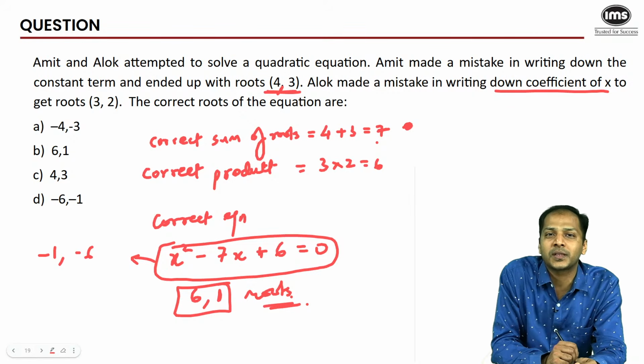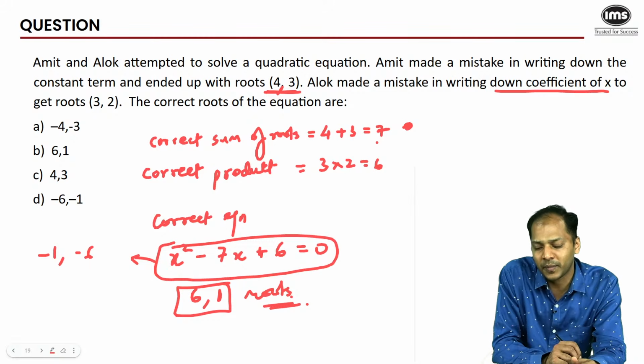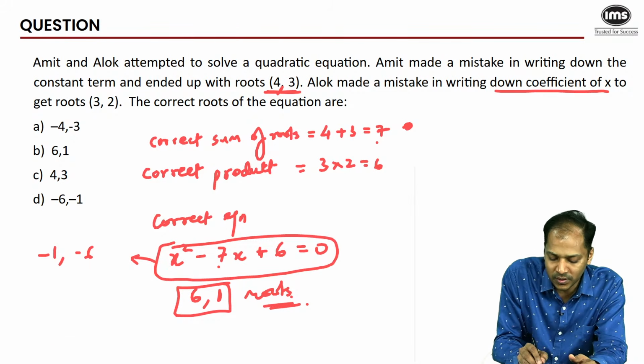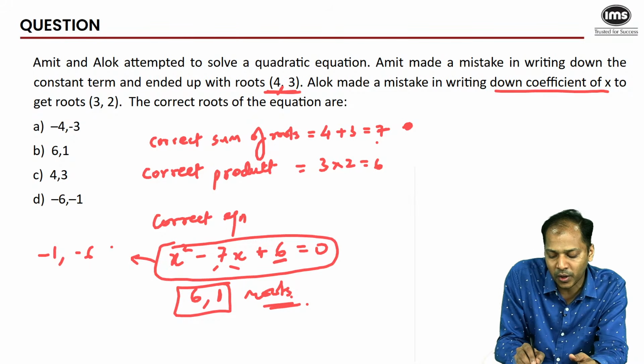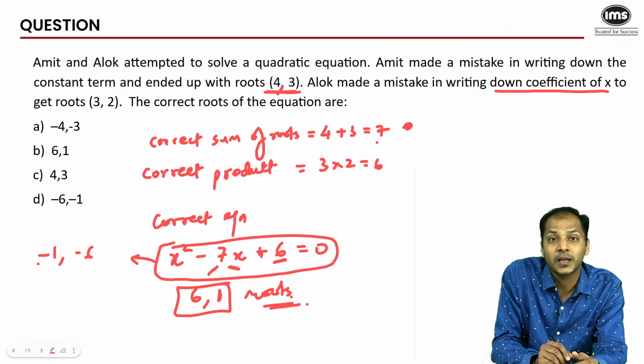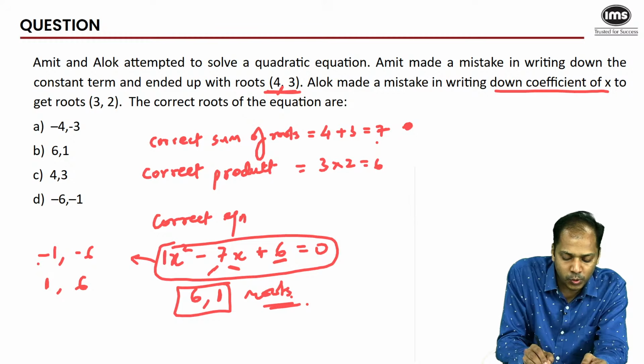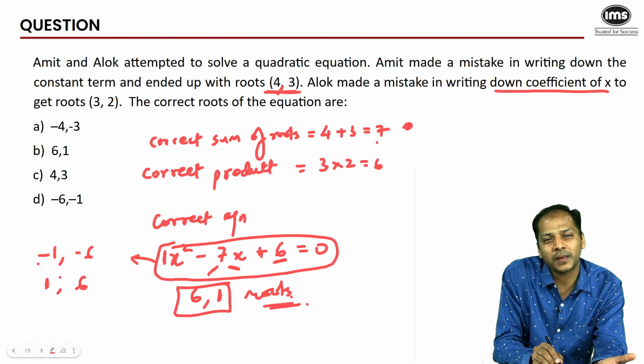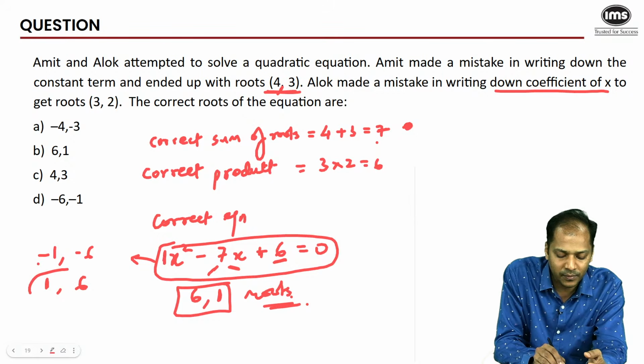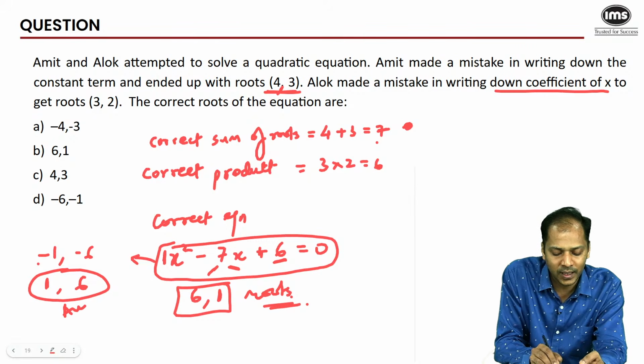I hope you have been using the split change divide method. So if you've got this equation, split the middle term such that its product is 6 and the addition is -7, that will be -1 and -6. Then you should directly change the sign of both the numbers. So that will be 1 and 6, and divided by the first coefficient 1. If you divide both of them by 1, the answer would remain the same. Therefore, this would be the final answer.